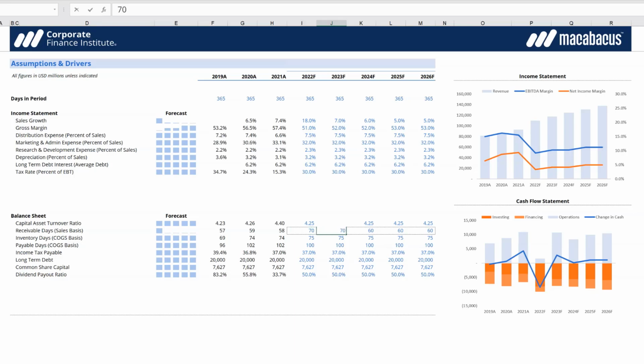That may carry forward into subsequent years, and perhaps they recover a little bit, let's say 68, 66, maybe 64. We start to see the cash flow statement stabilize with cash flow from operations going up, but we do see a very big drop. The cash position goes down considerably year over year in this scenario because so much cash is being tied up in accounts receivable by virtue of slower payments coming from this customer, which is Walmart.